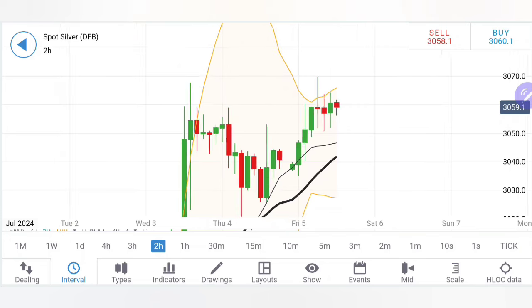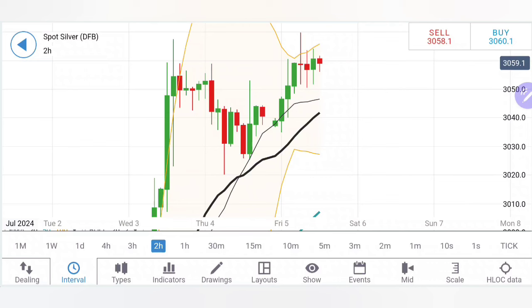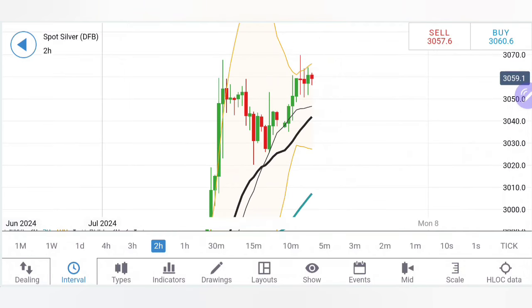And what is happening here, look at the support levels coming into picture at 3050, very strong. 3050, 3040, very strong support here. And if it breaks below this, you can expect slight bearishness, but then also 3030, 3020 levels. So rather, let me say that as long as 3020 is respected today, we have to be careful, watchful, alert. It can bounce back. Below 3020 is where we can say that the bears will take over, and then we can look forward to